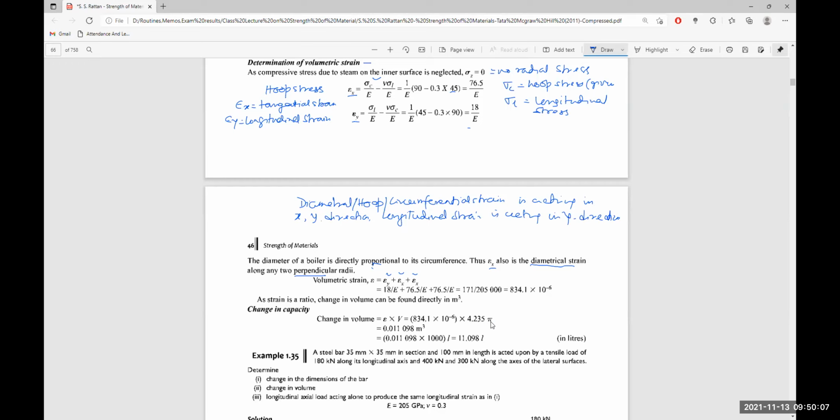So we are using epsilon x twice here and epsilon y only once. That is, longitudinal strain given as 18 divided by E plus 76.5 divided by E plus again 76.5 divided